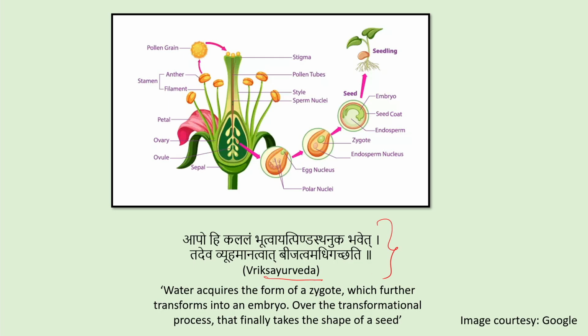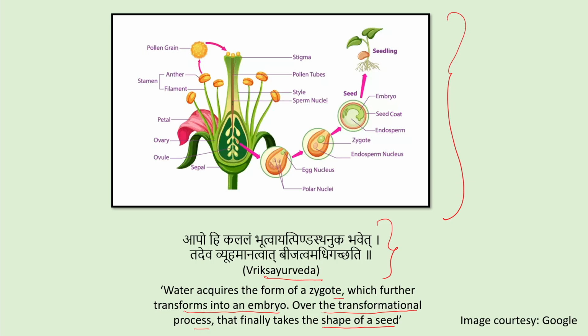Water acquires the form of a zygote, which further transforms into an embryo. Over the transformational process, it finally takes the shape of a seed. Just carefully see the picture and the labeling. This image explains how a seed forms through the process of fertilization in a flower,